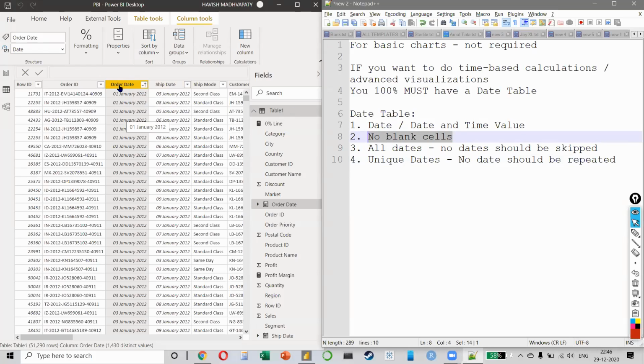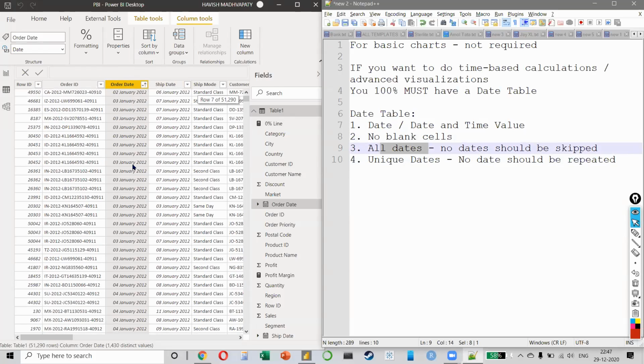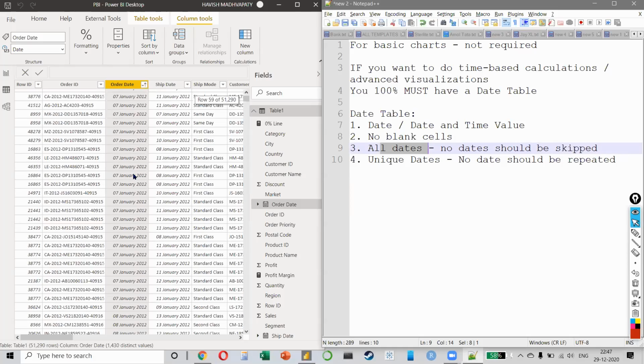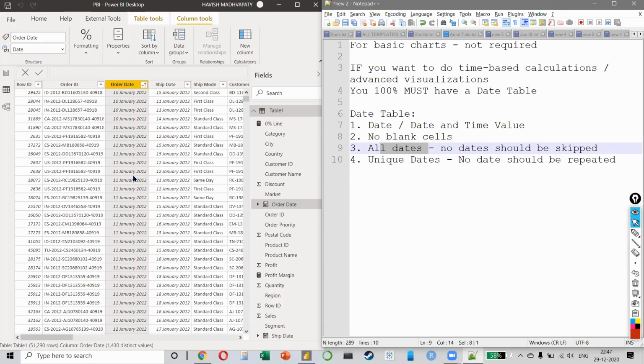Does it have all the dates? That means the 1st, 2nd, 3rd, 4th, 5th, 6th, 7th, 8th. What do you think? Now see, when I scroll down, it seems that every date is there, but is there a guarantee that every date is there? Maybe not. Maybe there was one date on which there were no sales. Maybe the system was down and no sales were recorded. There are a variety of reasons that maybe on a specific single date, no sales were recorded. That means that I don't have the confidence that this is a list of dates with no dates missing.